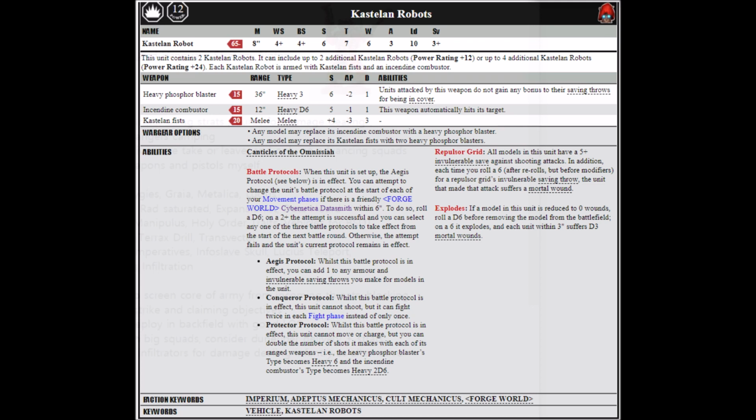It gives them a 5+ invul save, and also if you are saving on the invul save and you roll a 6 to save for it, then the unit that made the attack suffers a mortal wound. I guess the imagery is reflecting it directly back at the opponent, but it can lead to some fairly silly situations, say if a las cannon's fired from the other side of the board. Supposedly the repulsor grid can bounce it directly back all the way to the other side of the battlefield